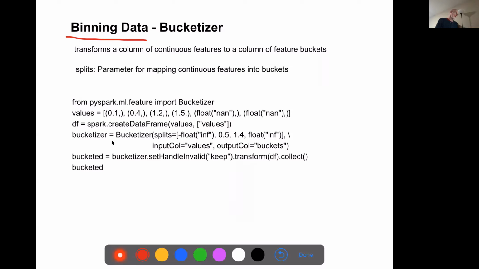And that's what the well-named bucketizer does. Again, here's my example, with my values that I'm going to try and put into buckets. I create my data frame, and then I split my buckets to go from -infinity to 0.5, then 0.5 to 1.4, and then 1.4 to infinity.